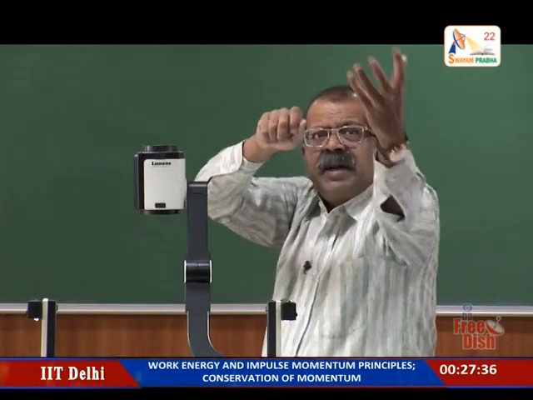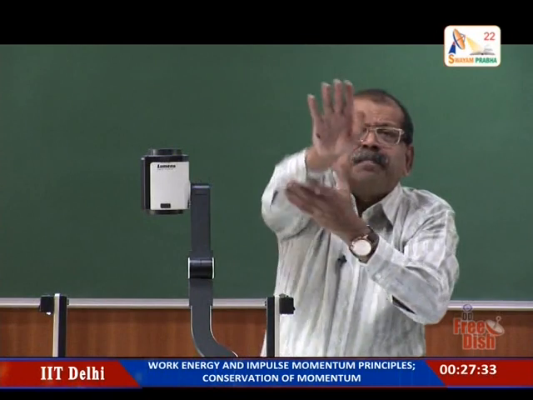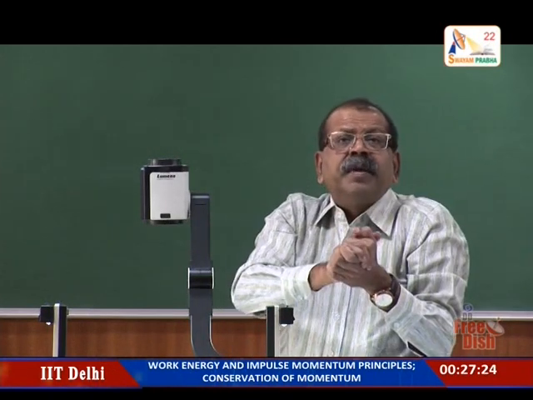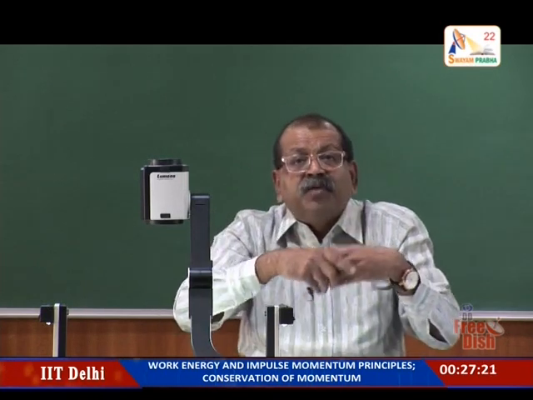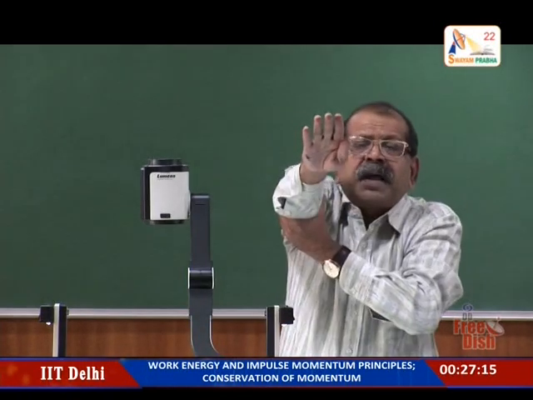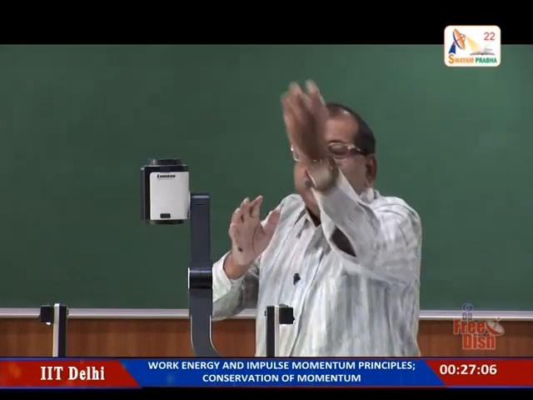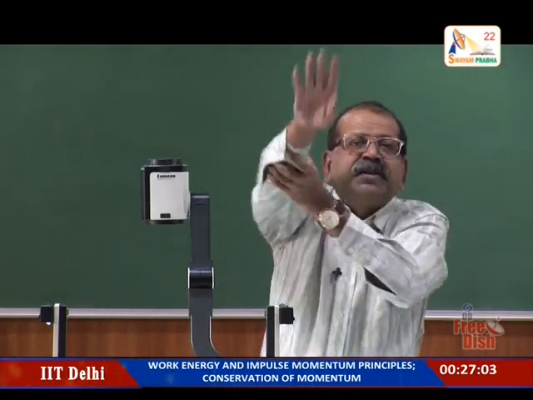And what is the effect of this force? Let us see. The ball is coming from this side till it hits the racket. When the ball is coming, it is coming with some momentum, and the racket applies a force on the ball. What is the net effect of that? The initial momentum plus the impulse will be equal to the final momentum, and the final momentum is nothing but the final velocity of the ball multiplied by its mass. Therefore, whatever force Federer applies on the ball with his racket is what gives the new velocity to the ball. And it has a twin effect. First, the ball is coming in an opposite direction; first it stops it and then it makes it go with a very high velocity on the other side.